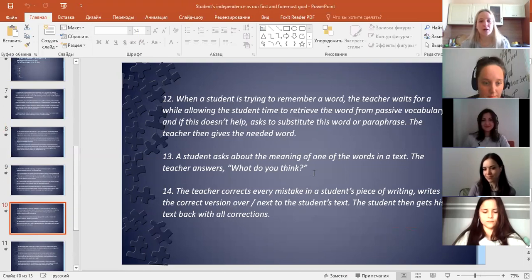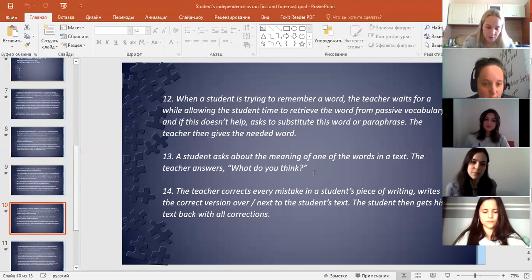Or very often I just say, now I see why you're saying this, but look at this one. Look at this answer. Look at the part of speech, whatever. Okay, so this is number 13. 14. Then